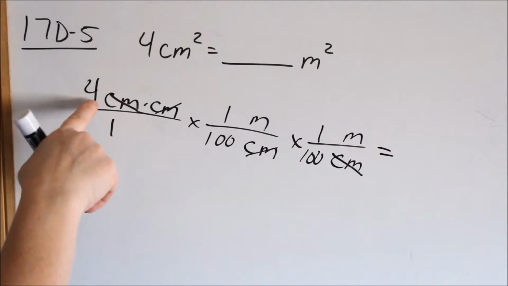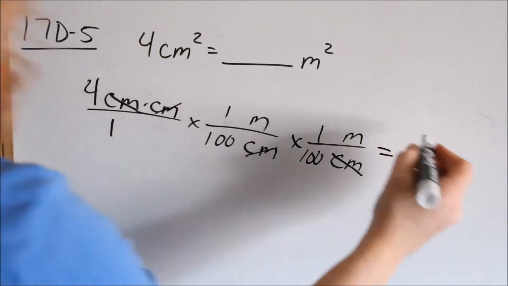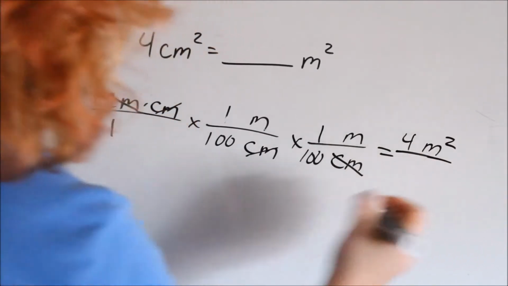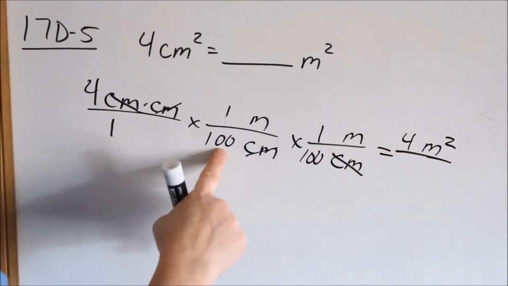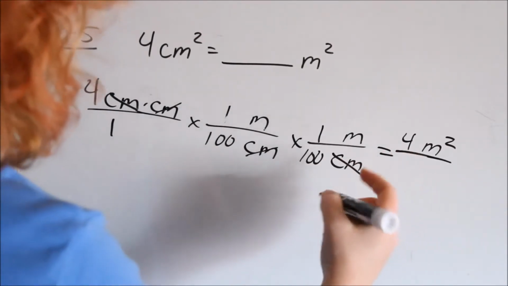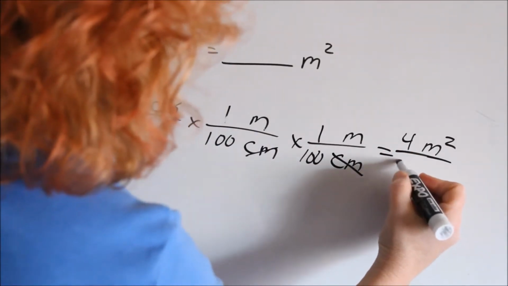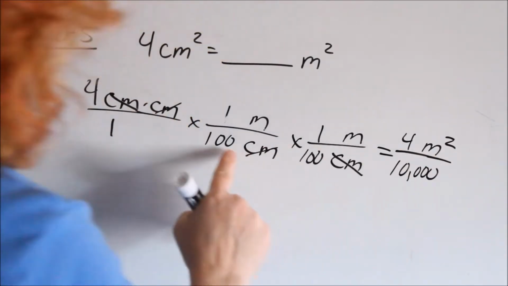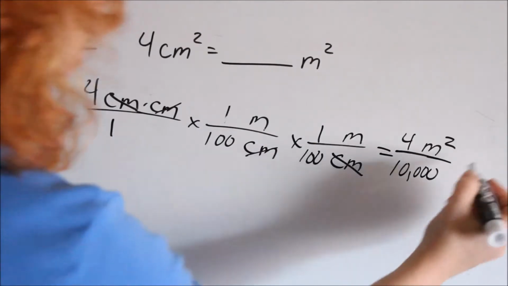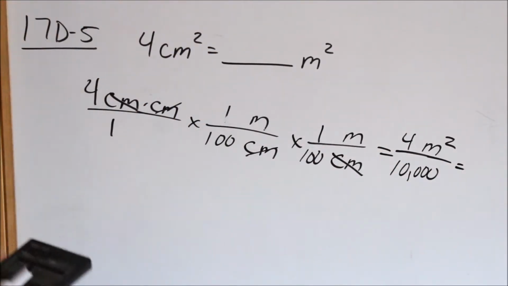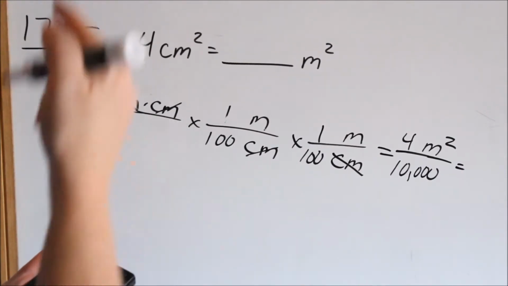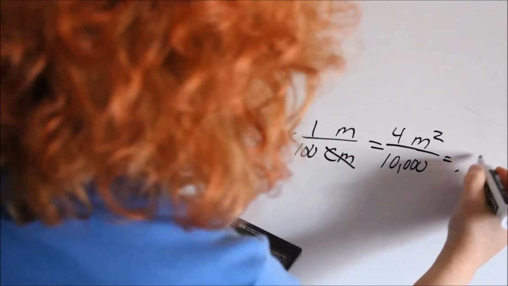So now it's just a matter of 4 times 1 is 4, and then meters times meters is square meters. 1 times 100 is 100, and 100 times 100, be careful with this, make sure you get the right number of zeros. If there's 2 zeros here, 2 zeros here, there should be 4 zeros. 4 zeros, 10,000. Now divide that out into a number. 4 divided by 10,000, moving your decimal place over, would be